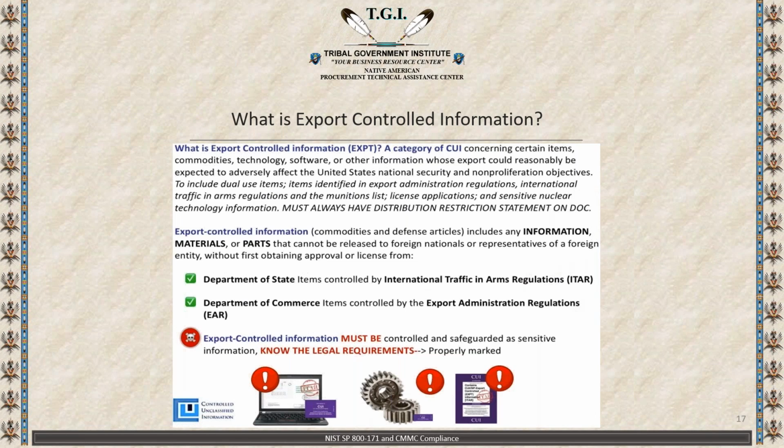So things like your export control manual, your technology control plan, your sensitive data governance plan, which is going to be your principal document that defines how and why you handle CUI. All these things need to be interlocking because all those things are going to be the foundation for your 20 or 25 other policies that will need to be created and implemented within your organization. The policies need to be very detailed, and the reason for that is they guide you and ensure you are maintaining compliance. You need to be aware of how EXPT is properly marked so you can meet the legal requirements.